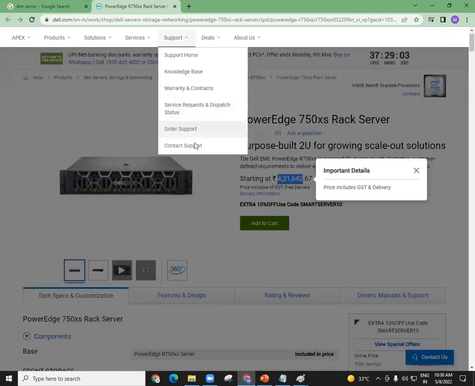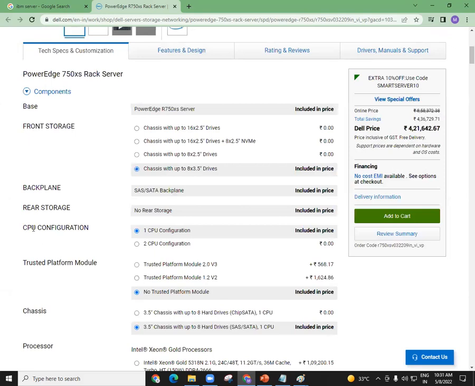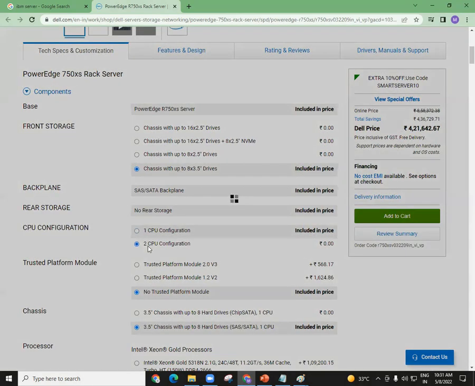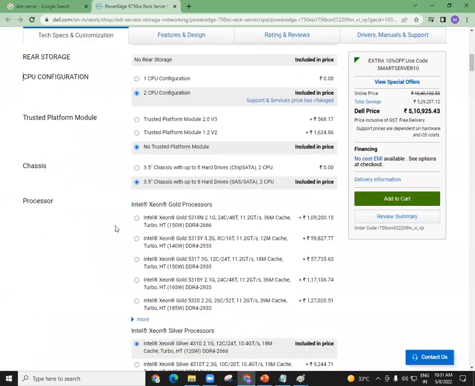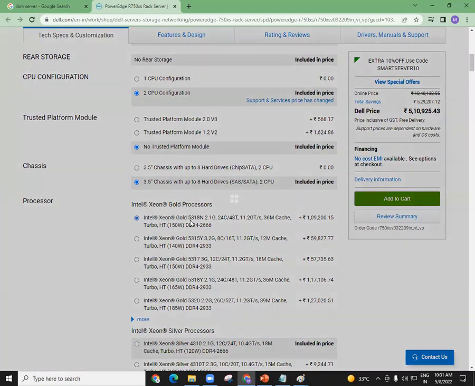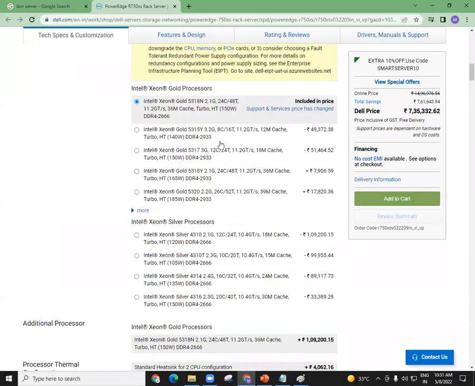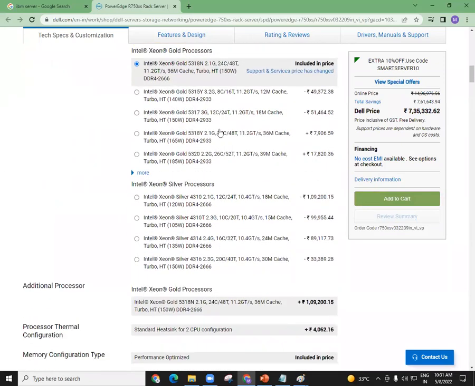So let me just take you through some hardware here. We can see all the hardware configuration here. Can you see the CPU configuration? What does it say? 1 CPU configuration or 2 CPU configuration? We can select here. So if you want to go with 2 CPU, there will be some difference in the pricing. 1 CPU will be less in price, 2 CPU will be more in price. Now in processor, you have taken 2 processors, but what about speed? Will you go with Intel, a very famous company? Xeon is a series that is specially designed for servers. So here you can see Intel Xeon 2.1 gigahertz or Intel Xeon 3.2 gigahertz or 3 gigahertz. So like this, you can select your processor here. According to your processor, again, the pricing will go up and down.